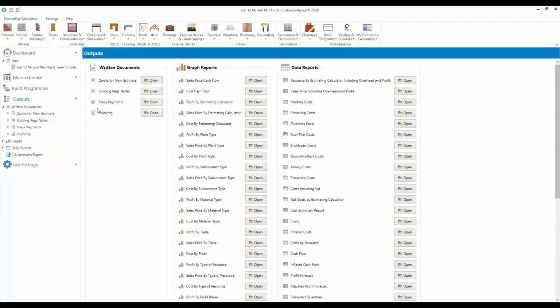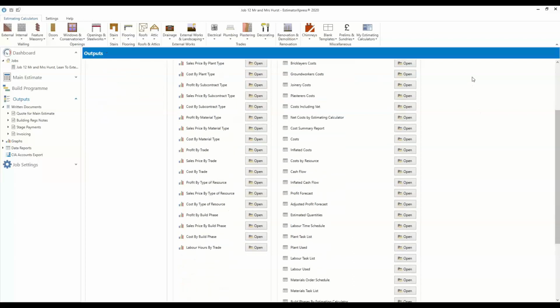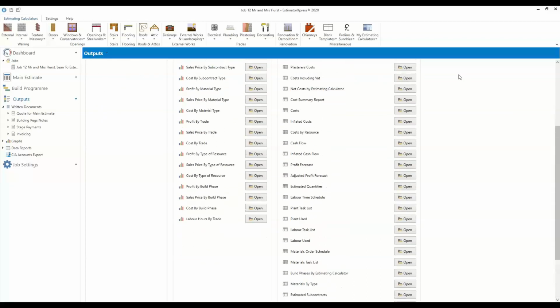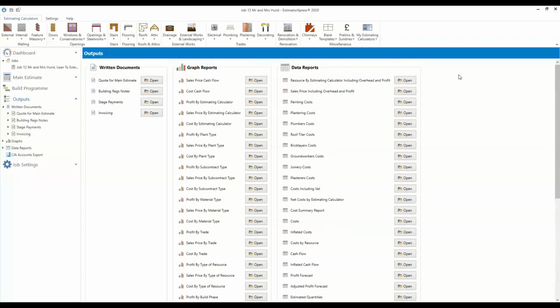So as I touched on before, we've got the different written documents, then we've got graphical reports, so that's bar charts and pie charts and line graphs that we've got for these various types of information, and then we've got data reports. The data reports is pretty vast. These reports in here contain massive amounts of really useful data about your estimate, and we really believe that if you can use these reports well, it will help you manage your business more efficiently and more